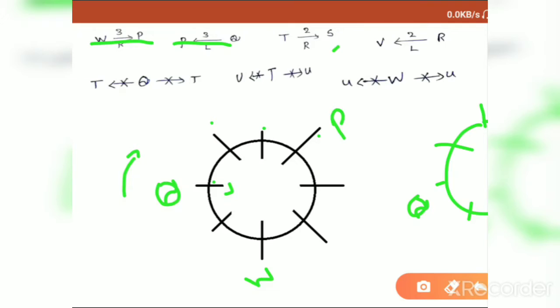See, in this information T is there, in this information T is there, and in this information T is there, right? So you have to collect all these three informations and you have to represent the place of T. Now this information is not exactly. So if you go for this information, T is not the neighbor of Q. That means this place it shouldn't be T and this place it shouldn't be T. Right? So what are the remaining places T should have? Either this place and this place.